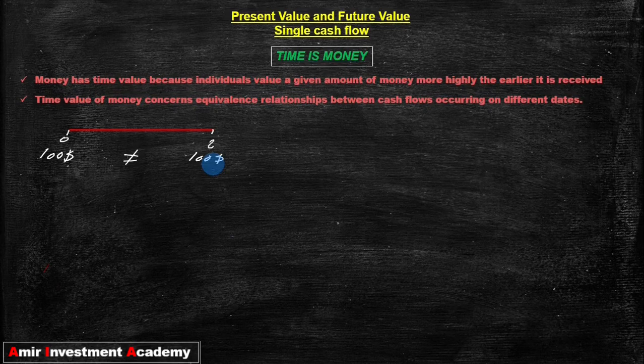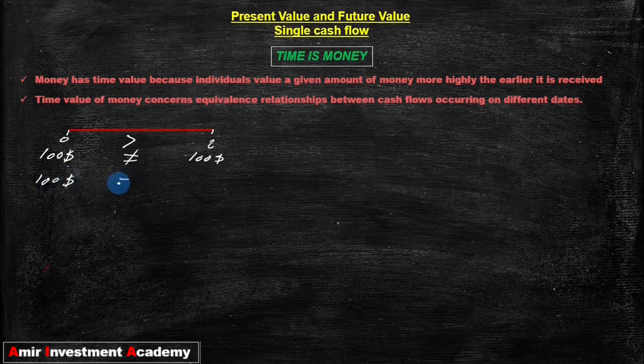And the other one would be that, well, if you have $100 today, you can invest it and earn some return. So we know for a fact that $100 today and $100 2 years from now are not equal. Not only that, we know for a fact that $100 today is definitely worth more than $100 2 years from now, for the reasons we just mentioned. And also, money today gives you choice. You can spend it or invest it. Now, we know that $100 is not equal to $100 2 years from now. It's worth more. Now, the question is,